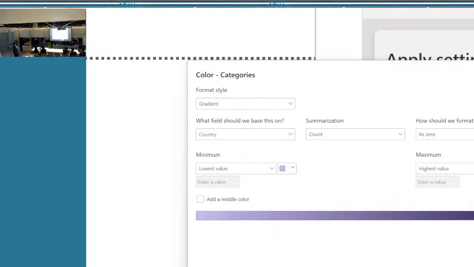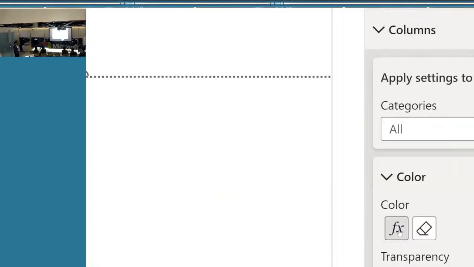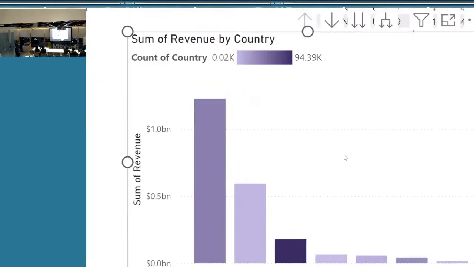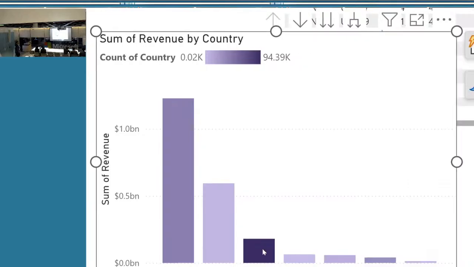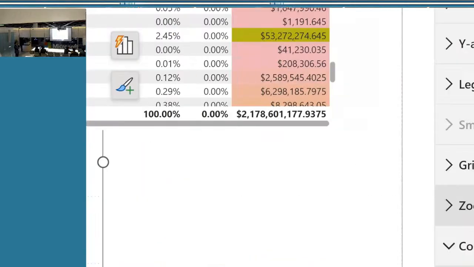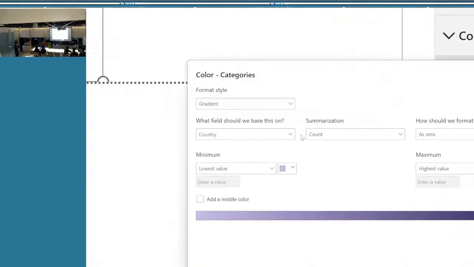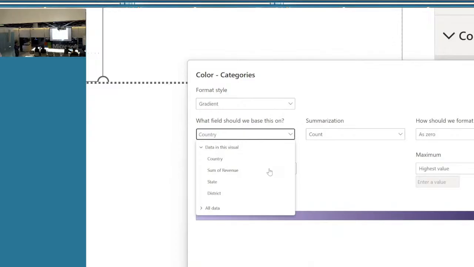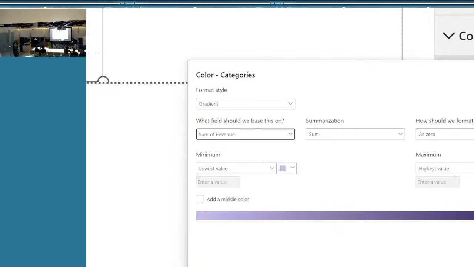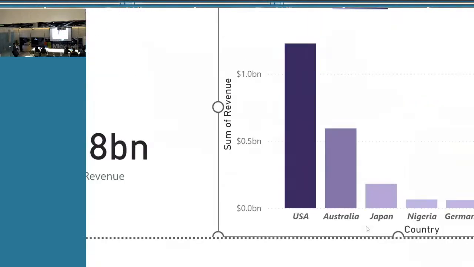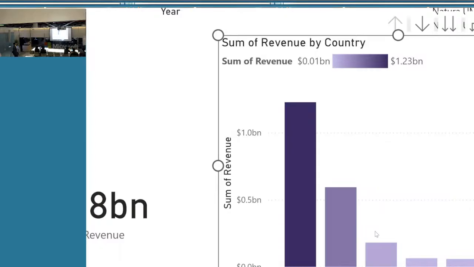Then here, I get the visual there as well. I've noticed it is doing it based on maybe the count of country rather than the revenue. That's fine, we can change that. So let's go here. You can always reopen it. I'm going to make it based on the revenue, not on the count. Go ahead. Okay. Now it looks like the ones with higher revenue are darker shades and the lighter ones are lighter.